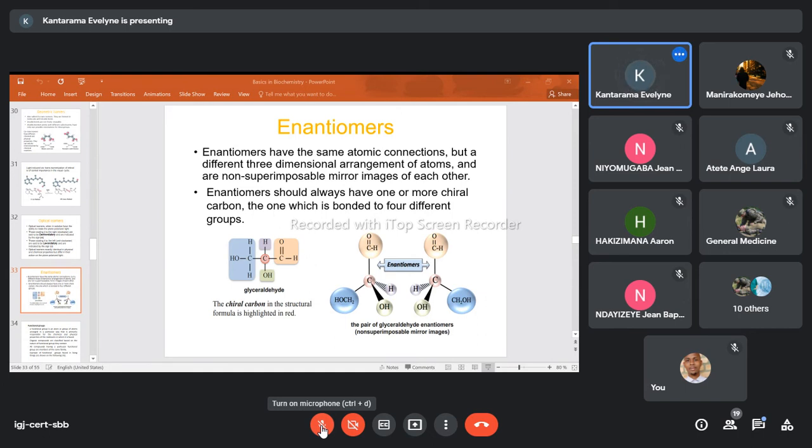To be the image, it should come as your hand is. Now, in the case of those molecules, it is the same. They have the same connectivity and the same atoms, but when they are arranged, it is different. For example, here, when you have a mirror between those atoms, you see